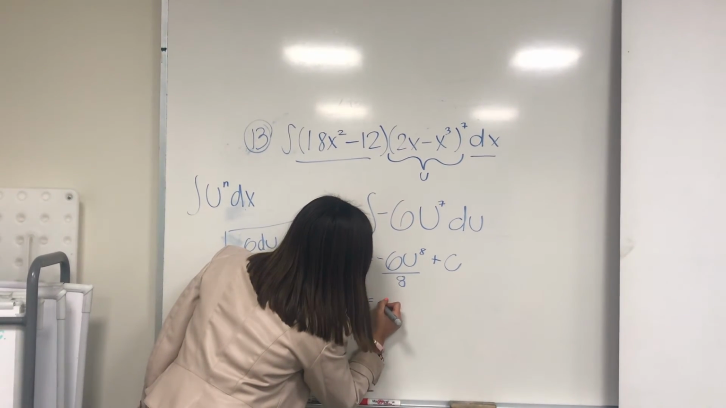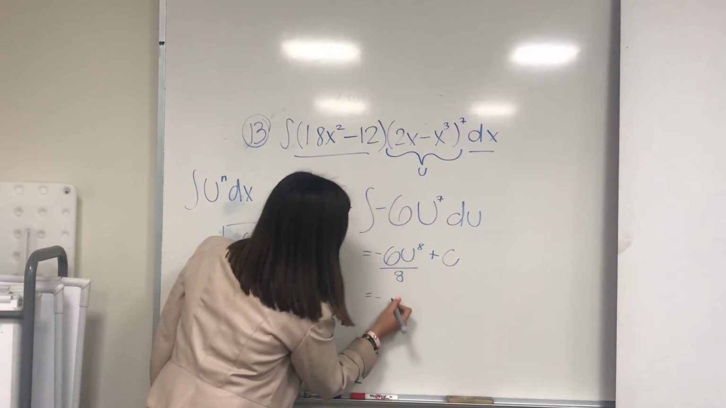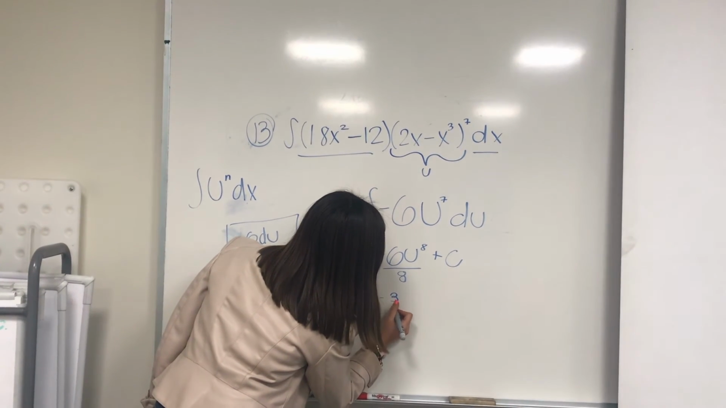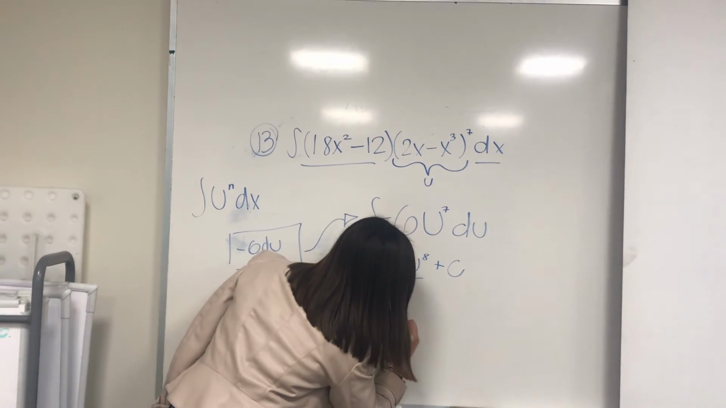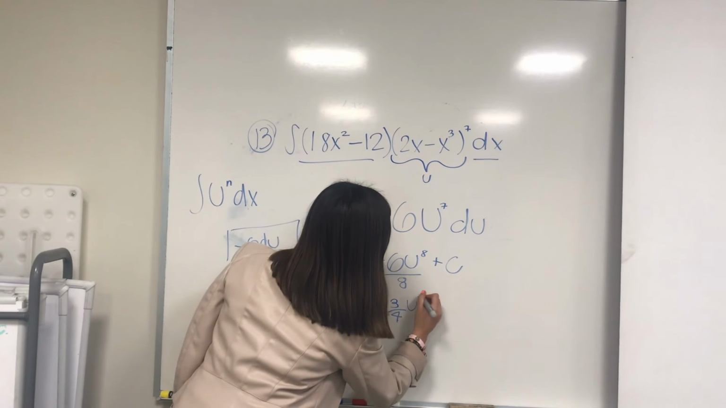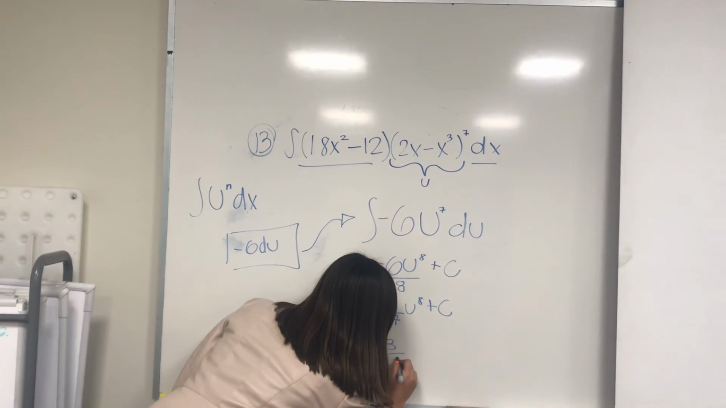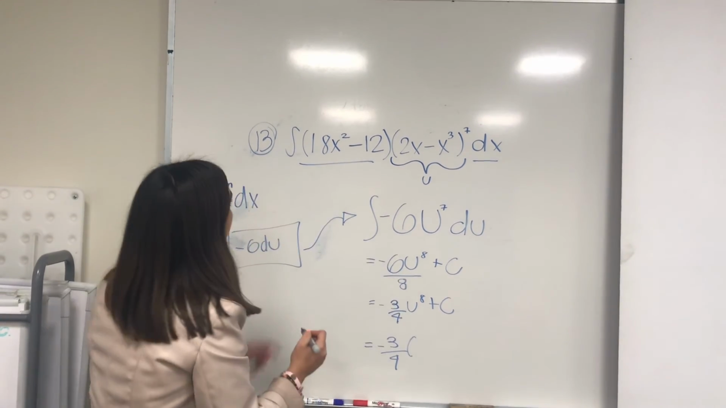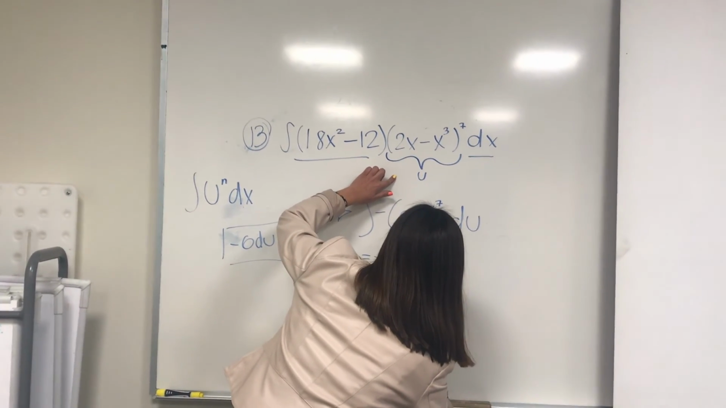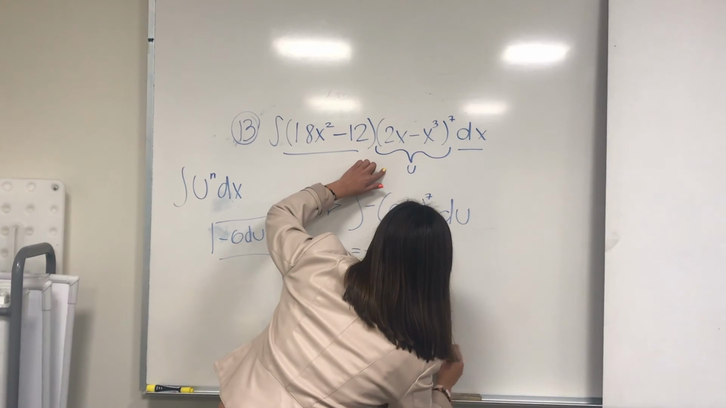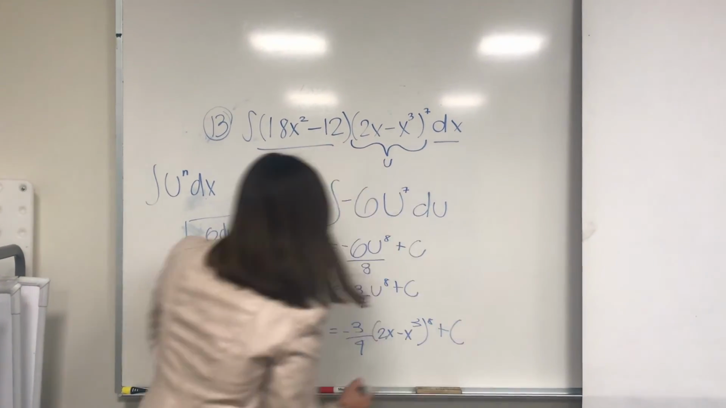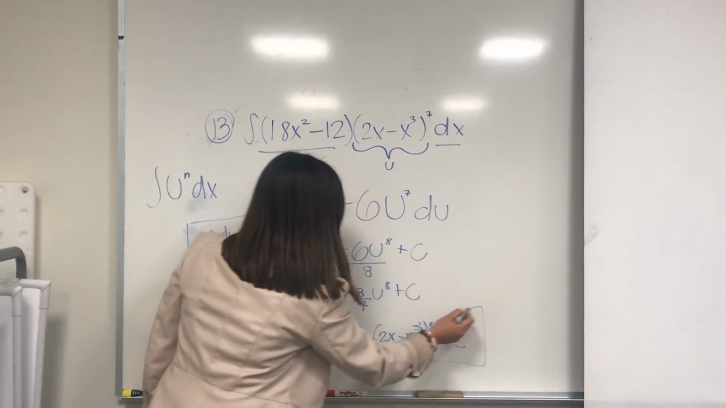This will be negative 3 over 4 u to the 8 plus C, leaving it as 2x minus x to the third, to the 8, plus C. And this is your final